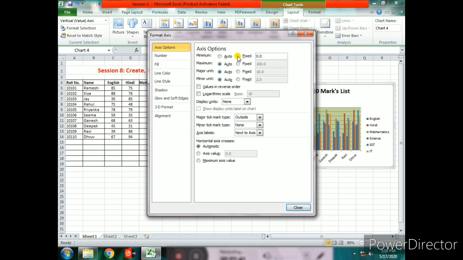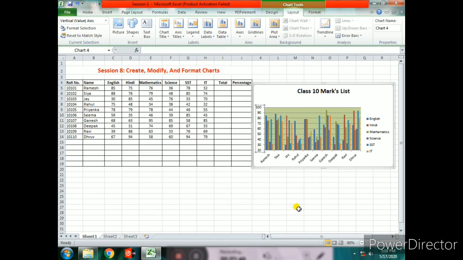Now on axis option, in minimum, if I want to change the minimum value to 20, I can set from here and click on close. Now you can see that the minimum value is 20. So in this way we can format the axis.